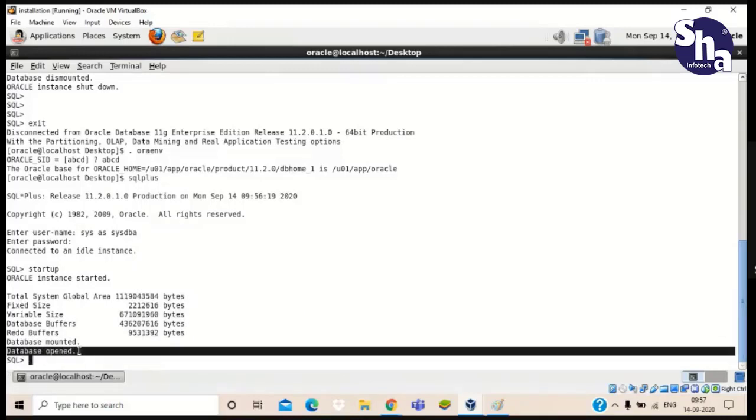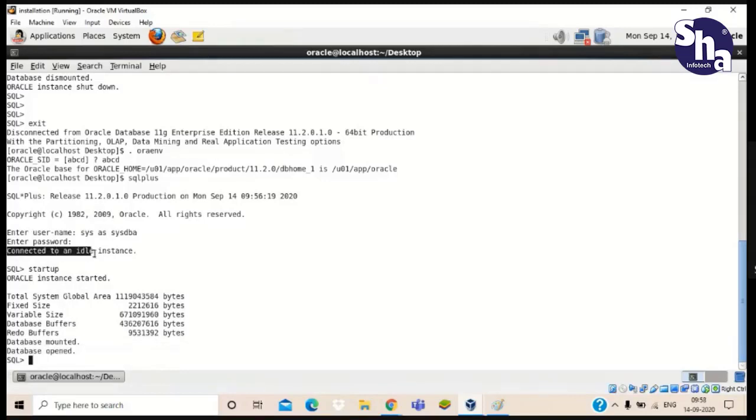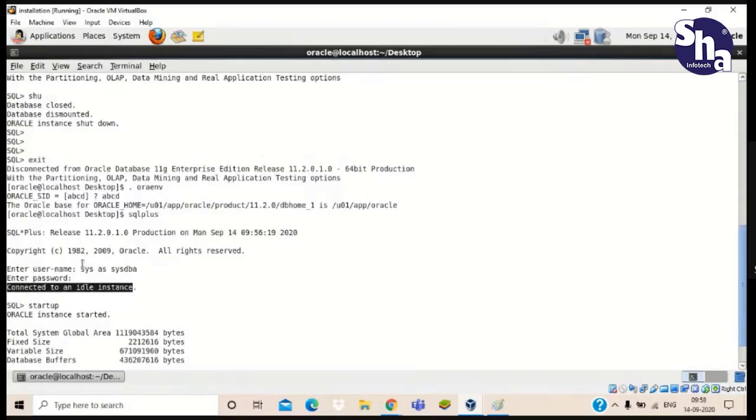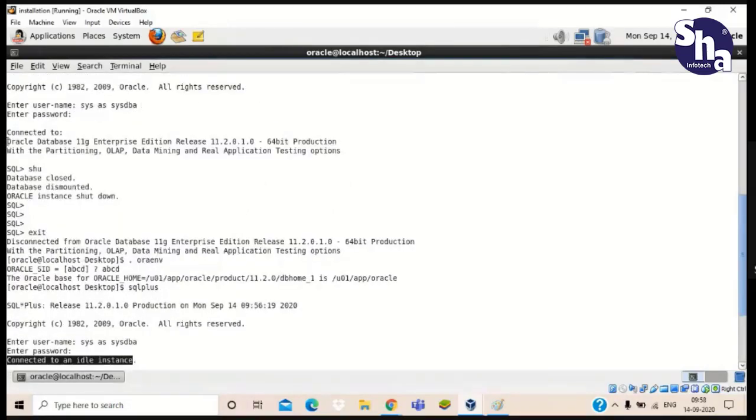Always remember, if it shows that it is connected to an idle instance, then you have to give startup. If there is nothing like that idle instance, you don't have to give startup. It means it is already connected, just like here at the top: Oracle Database 11g.